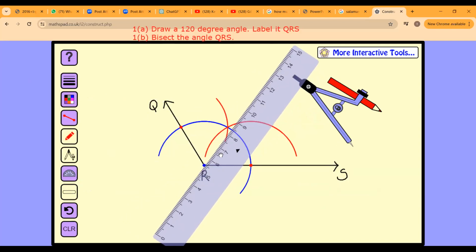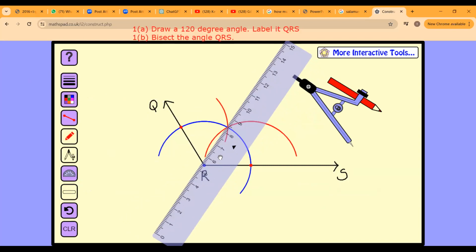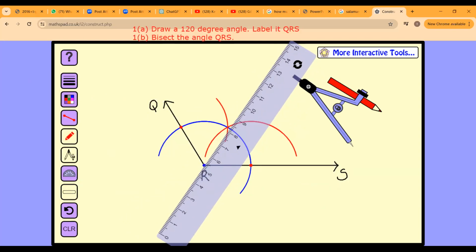Okay. So we're going to draw an arc just like this, so that we can have that. Good. Now we're going to draw a line from here to here so that we can bisect this particular angle. We're going to draw a line from the vertex that connects to this point. We're going to draw a line straight through it.